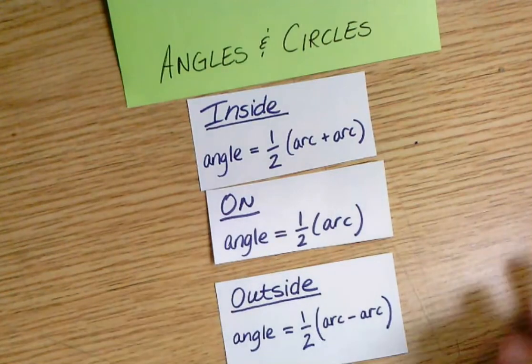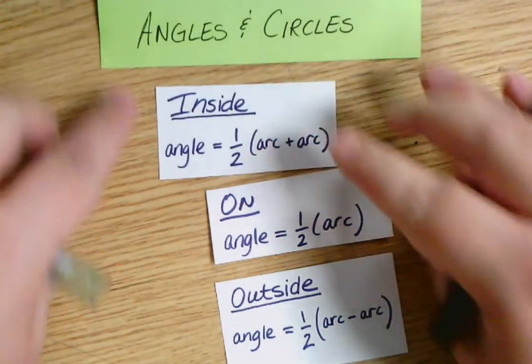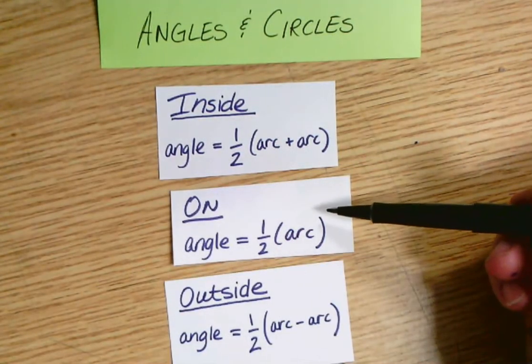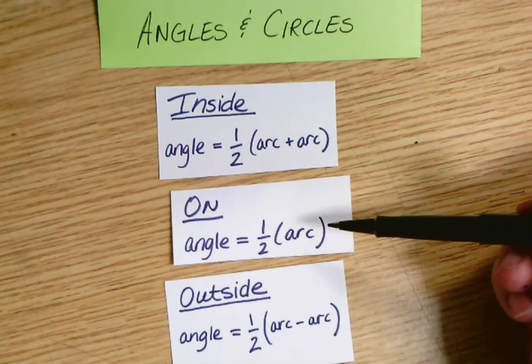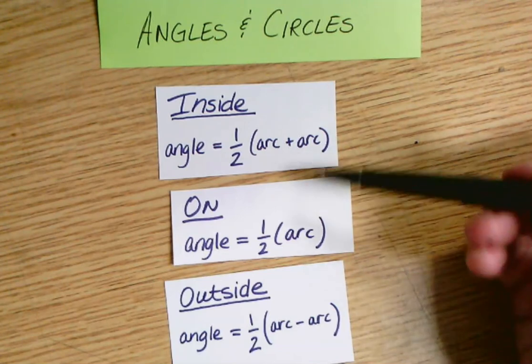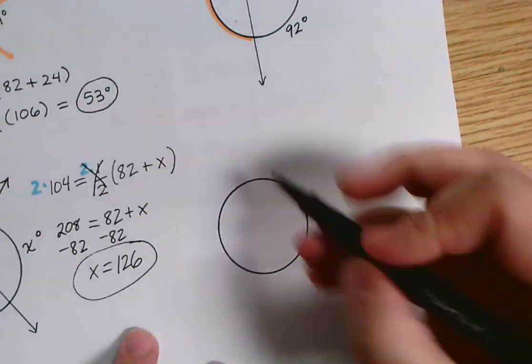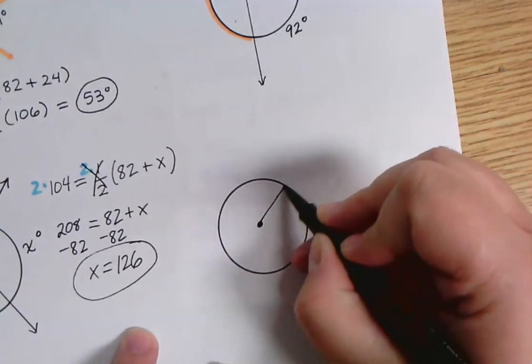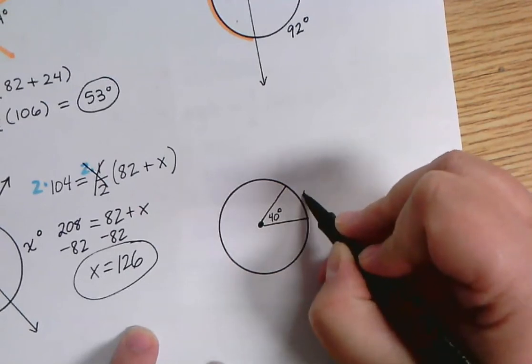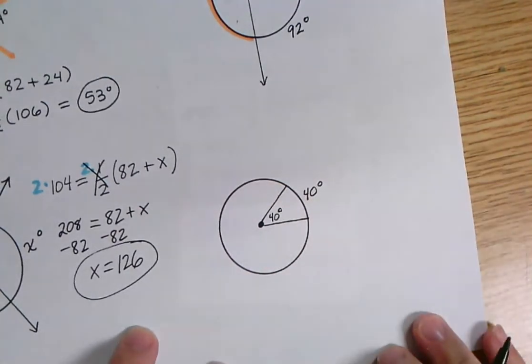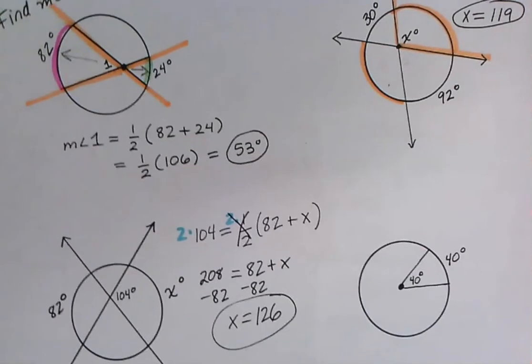We did talk about how inscribed angles still go with this rule, still works for inscribed angles. However, what about central angles? Do central angles not fit any of them? They actually still do. It's just a little bit weird how they do. So let me just point that out. Here's a central angle. Let's say it measures 40 degrees. Well, so does this. Well, notice that's only one intercepted arc